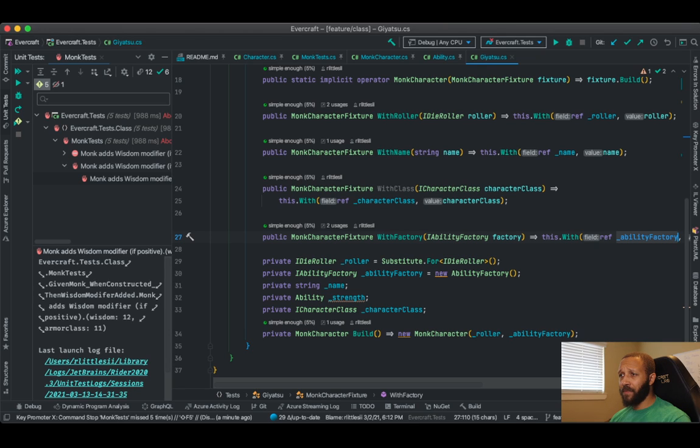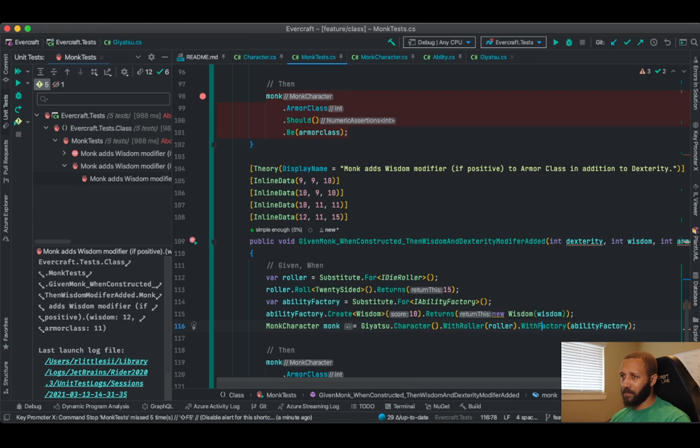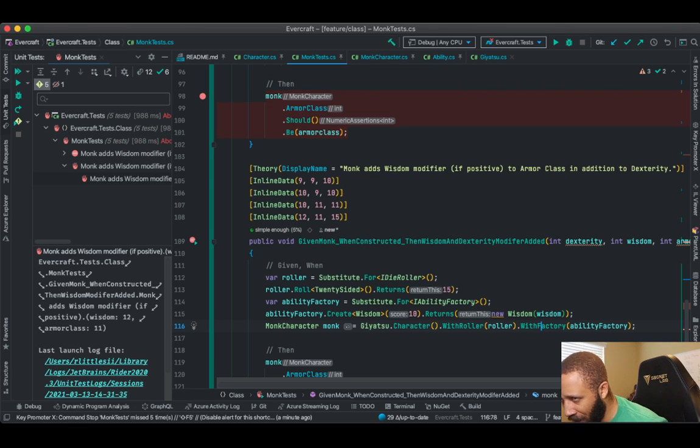So I pass in my ability factory, so do I substitute for the ability factory? Whenever the ability factory create wisdom 10 is created, instead return a new wisdom with whatever value I tell it to, right? And what this thing is telling me is that the value on the